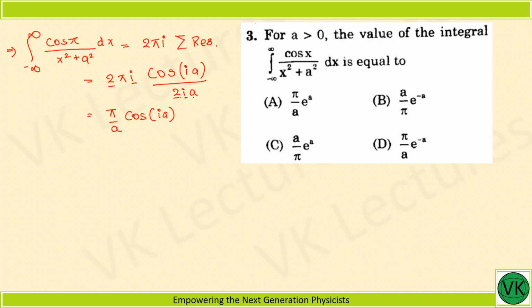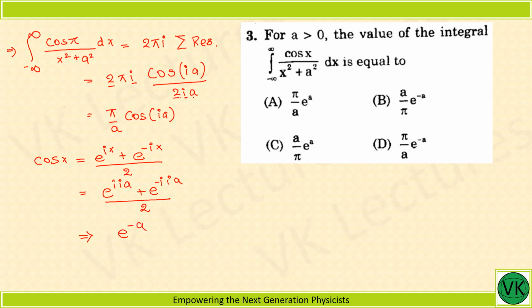And now let us see what is cos x. Cos x is equal to e to the power ix plus e to the power minus ix by 2. Now cos of IA becomes e to the power I times IA plus e to the power minus I times IA by 2. Now this gives us e to the power minus A plus e to the power A by 2. Since we are dealing with the real part,